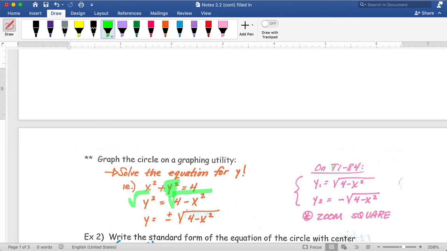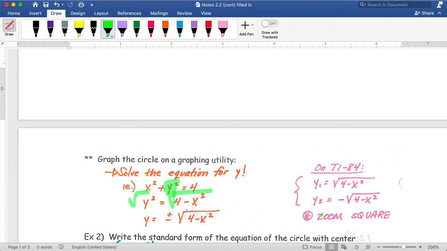So if you, on your TI-84, go to second plus 7 1 2, clear the memory, and you go into y1 and type in positive, you don't need the plus sign, you just type in square root of 4 minus x squared, and then hit enter, and it goes down to the second field where you could type another y equals equation in. So go down to y2 and type in, make sure you hit the negative, don't hit the minus button, hit the negative, okay, and type in the square root of 4 minus x squared. And then